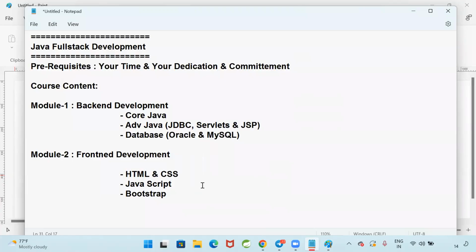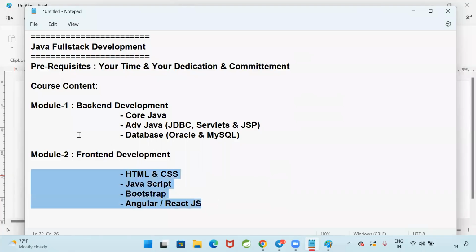Got my point? Now, along with this, to develop the front end of applications, people in the market are currently using Angular or React. You do not need to learn both. One is sufficient. Either Angular or React is sufficient to develop the front end part of our application. Are you clear? So, backend development and front end development.